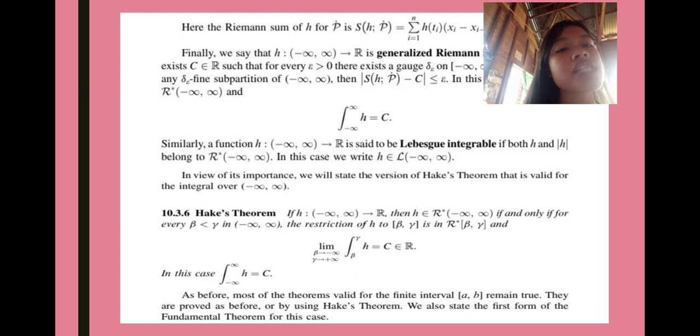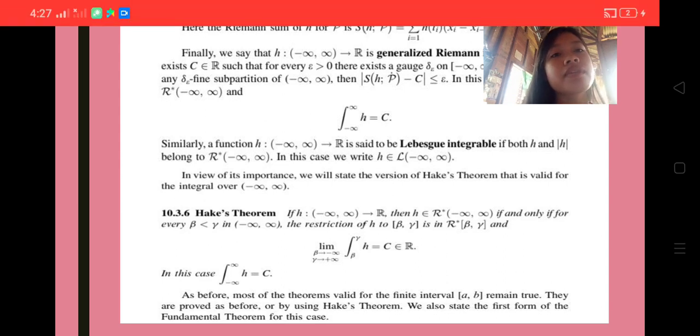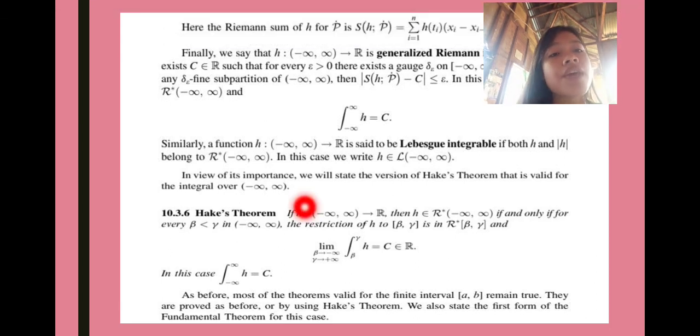In view of its importance, we will state the version of Hicks theorem that is valid for the integral over negative infinity and positive infinity. 10.3.6 Hicks theorem. If h, a partition of h, is negative infinity and positive infinity is a real number, then h belongs to the set of Lebesgue integrable functions on negative infinity and positive infinity if and only if for every beta less than y in an interval of negative infinity and positive infinity,